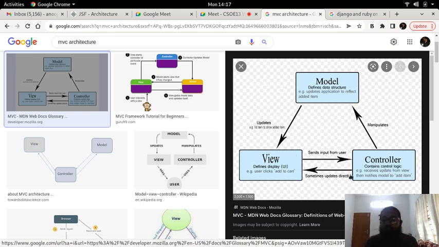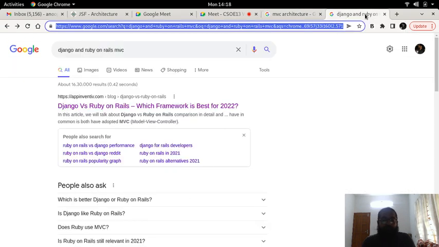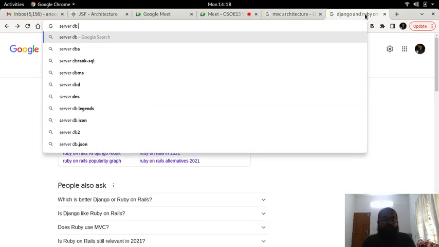So controller is where the control logic resides, and view is where the user interface resides. So that is what the templates and all of those things will take care of. And the model is what the database is related with. Say for example, your application, right, we have seen that server, DB, HTTP.